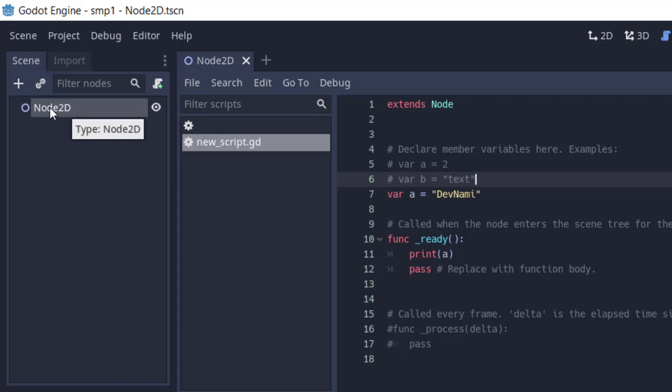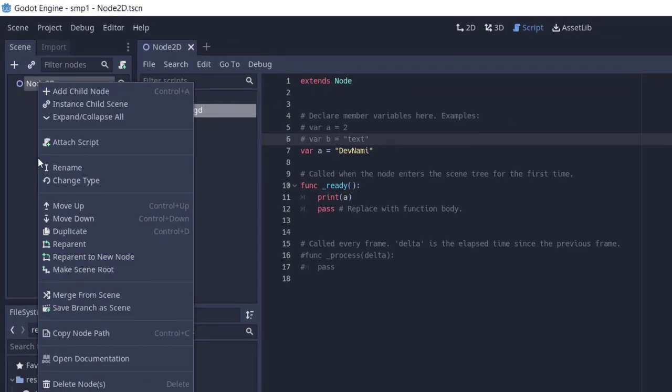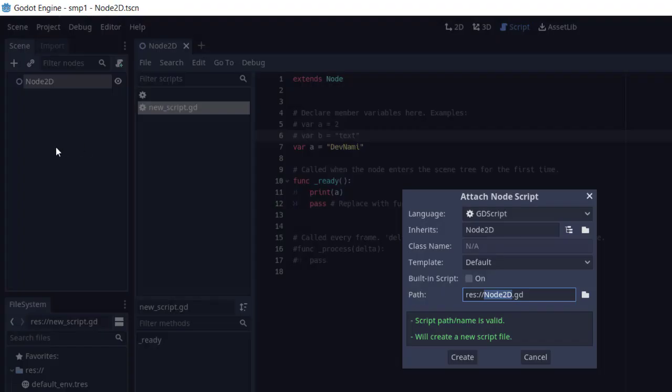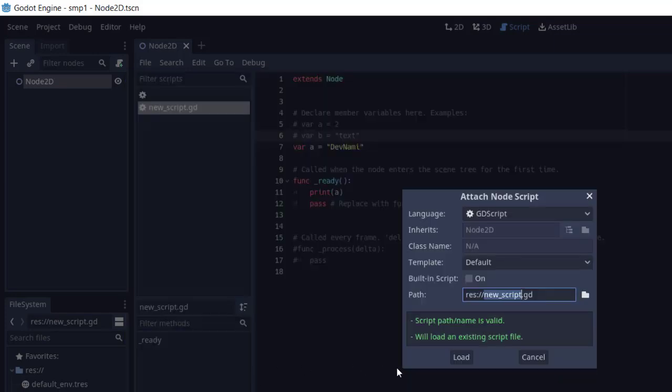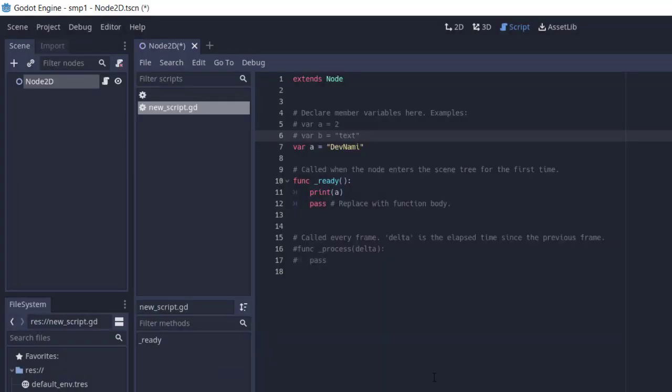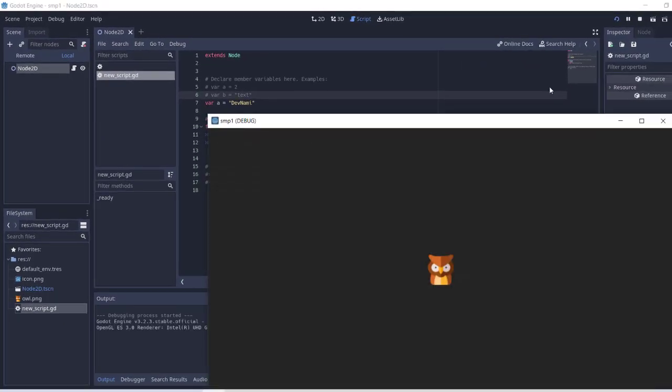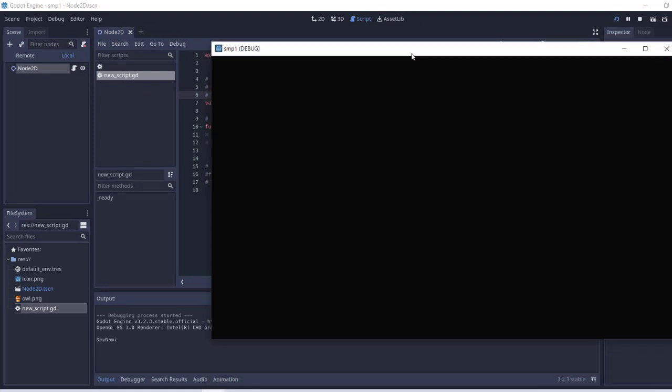click on the node and right click on that node to add script. So attach script and then give it the path to your current script. Click on open. Now load this. Now this will be attached to your node and you can find that here. Now if I run this project, it should show me this window, and in output I can see the variable